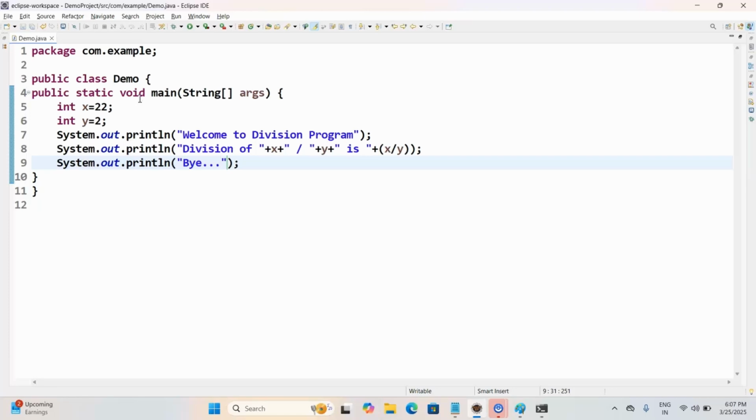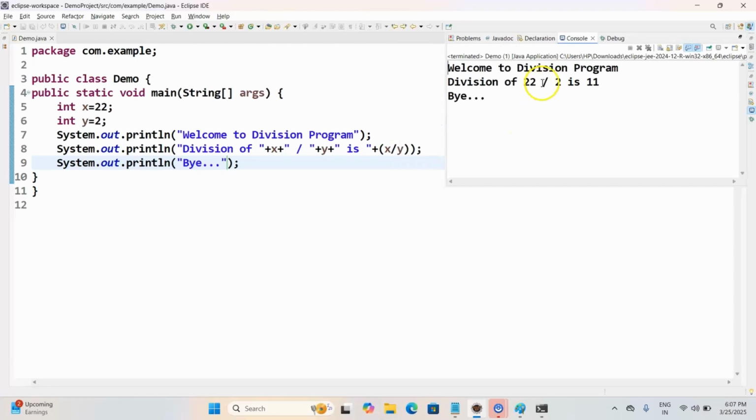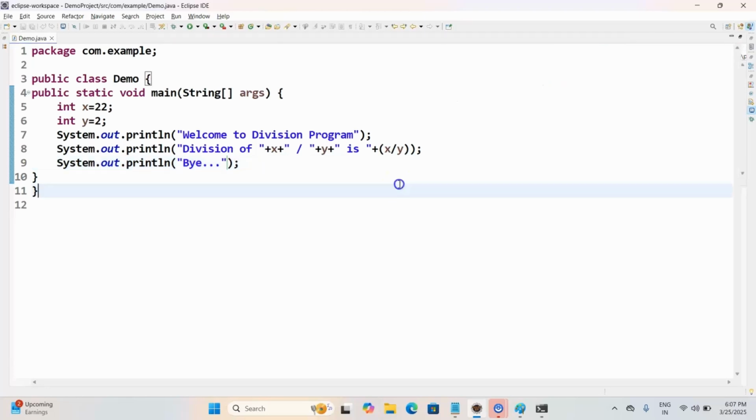Now if I run this program, the program executes in a normal way. There is no issue. It prints the message, Welcome to division program. Division of 22 divided by 2 is 11, and it prints the bye statement. There is no issue. At the same time, if I divide a number by 0,